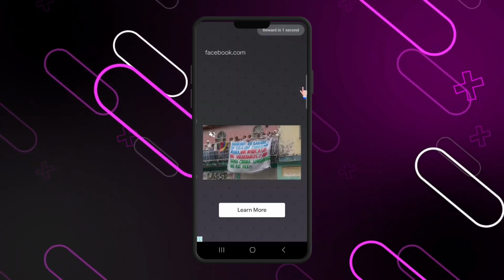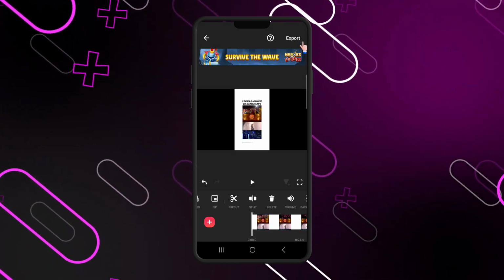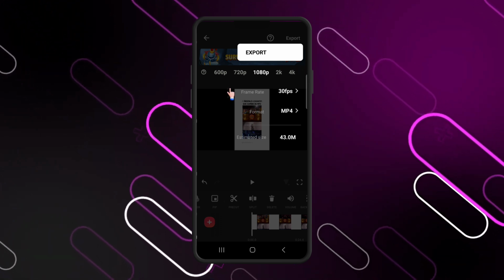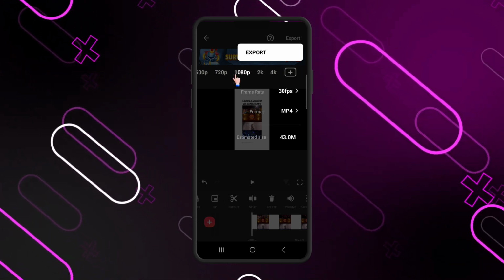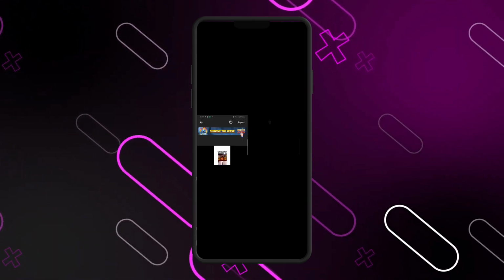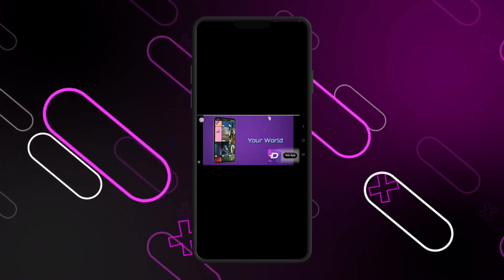Hang on a second. Meanwhile, in the advanced settings, export, you can change the resolution or choose a lower export, and that's all, guys. This charge here,